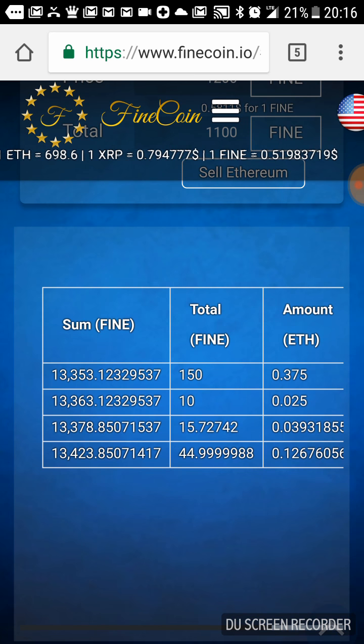If all of my Finecoins sell for 75 to 80 cents, then I'll walk away with a whole lot more money than I put into this initially, because I started with 325, bought in around 55 cents. And so if I sell 1,100 of them at 75 cents apiece, that's about $750, a little bit closer to 800, and I've already pulled out 90. So it'd be, whatever, 870 to 880, somewhere around there, that I did make off of Finecoin, off of an